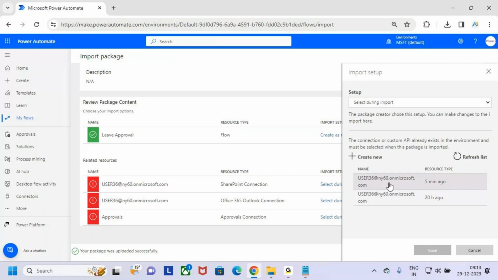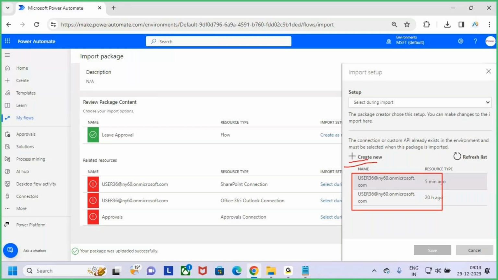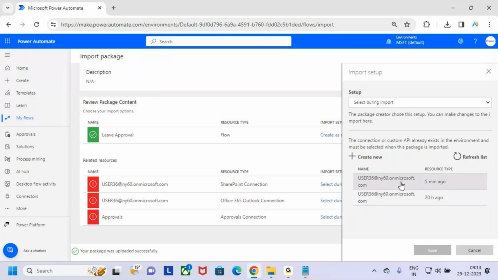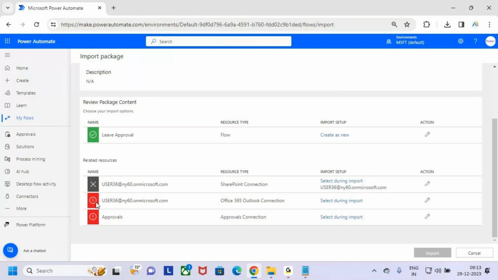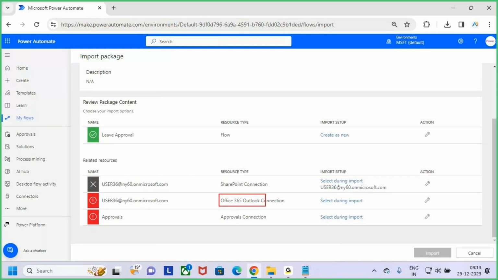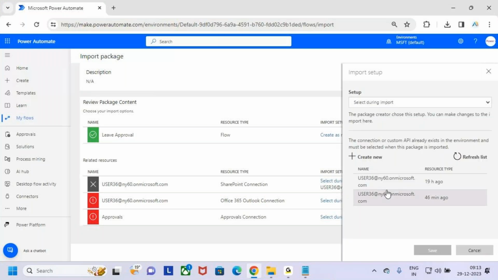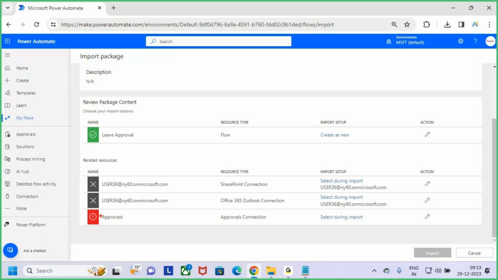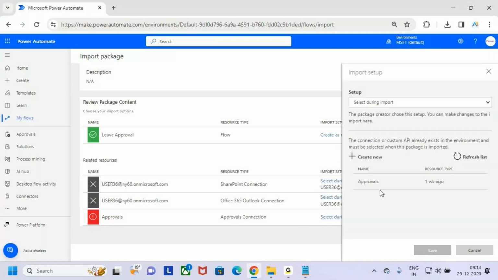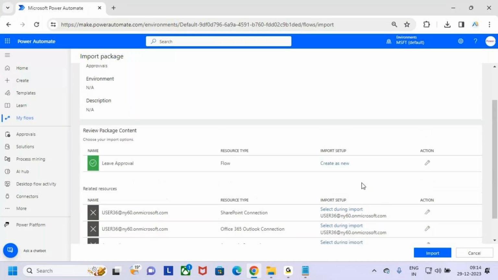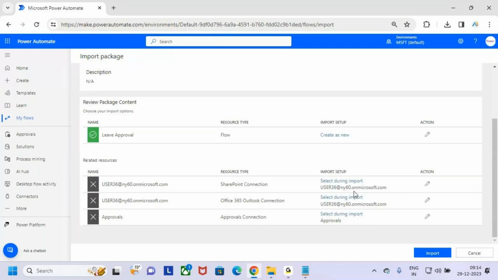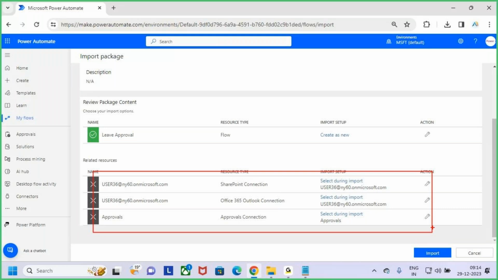You can use the existing connections, or you can create a new connection. Let me use my connection, User 36. Click on save. Next, the Office Outlook connection: I want to select User 36. And then approval. Select the approval process. So approval, I want to select this one. Click on save. Now once all these connections and resources are selected, just click